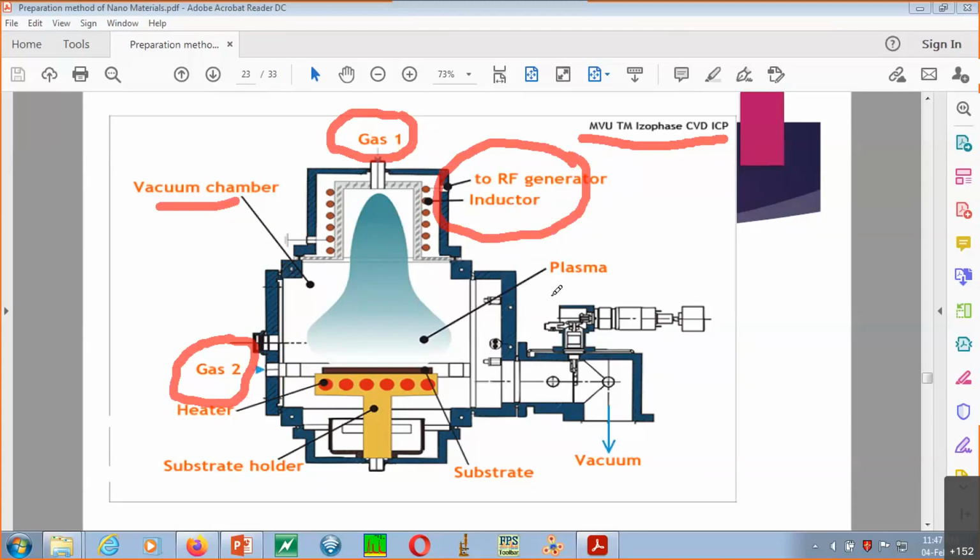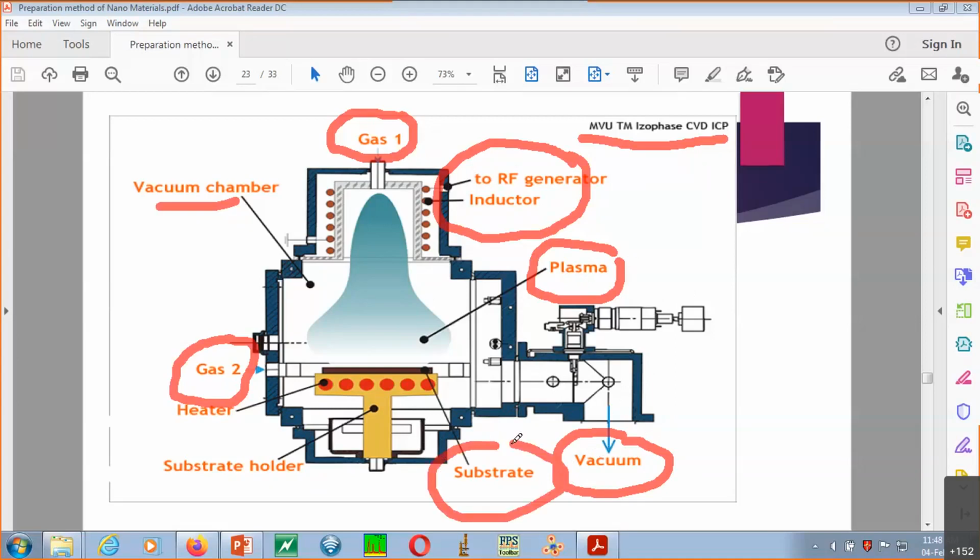Okay, and you see again they have used the word plasma. So again this refers to the same positive charge clouds. So that is the main thing you keep in mind whenever we see plasma in the case of nanomaterials. That means I am referring to the positive charge ions. And here you see the button to control the vacuum level. Okay, so all such things are the vacuum devices that can control the vacuum inside this chamber.